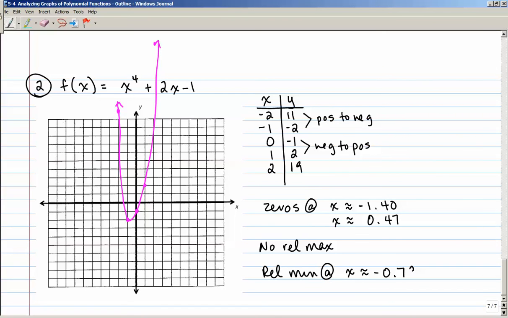So that's what I would like for you to do on the homework: graph the function on your calculator, copy the table, copy the graph, and use the second trace menu to find your zeros, decimal approximation for your real zeros, and decimal approximations for your relative max and relative